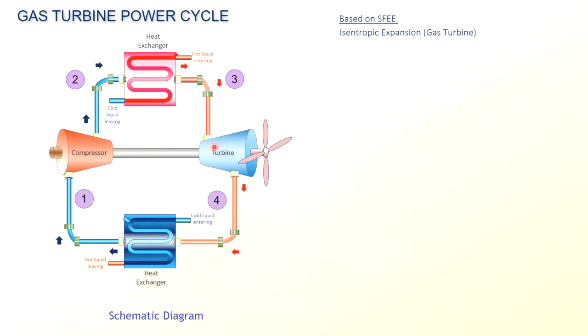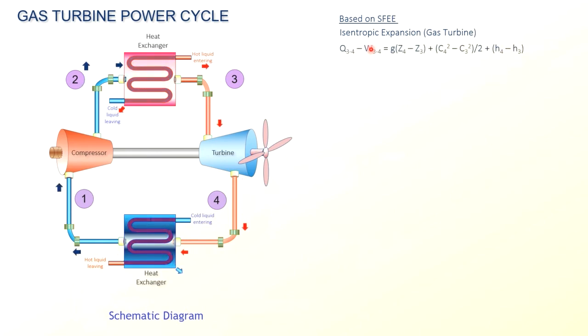First you look at the gas turbine. So this is the gas turbine. By looking at the steady flow energy equation, that is the difference between the heat and the work from state point 3 to 4. This is the specific potential energy change, this is the specific kinetic energy change, and this gives you the enthalpy change. When you refer to a turbine, the changes in potential and kinetic energy are neglected because they are too small compared to the heat, work, and change of